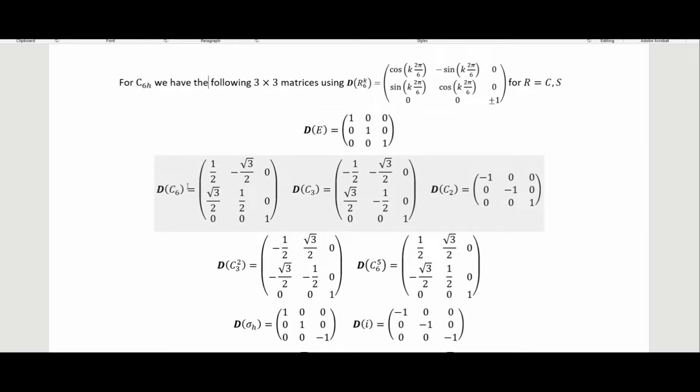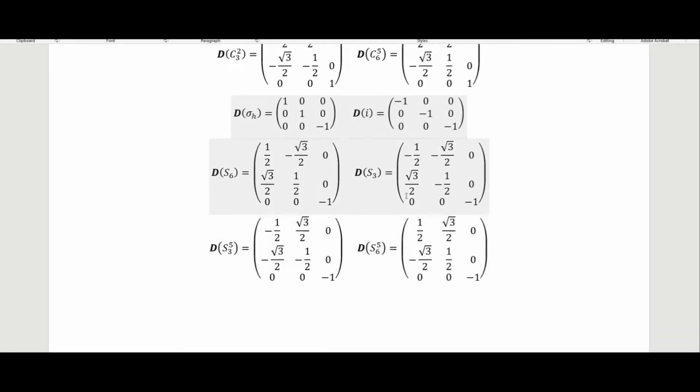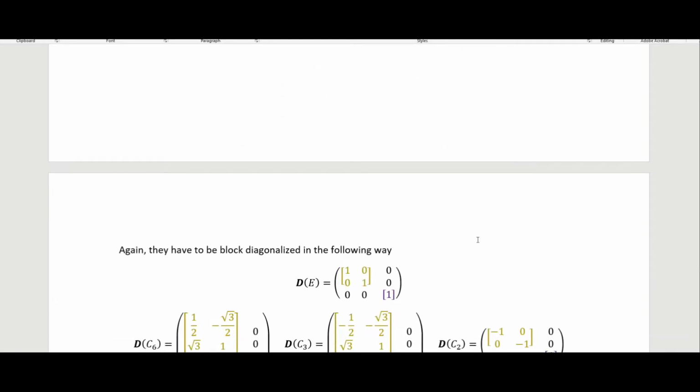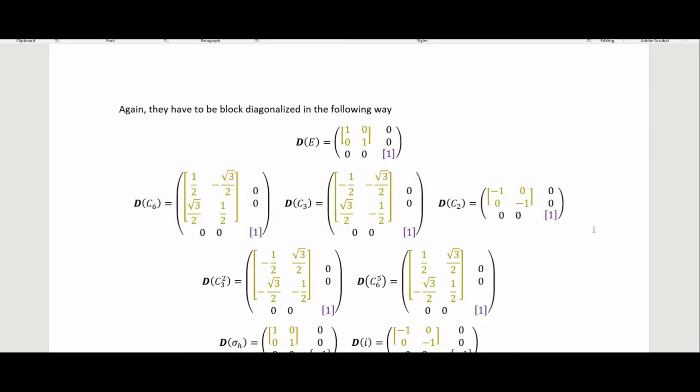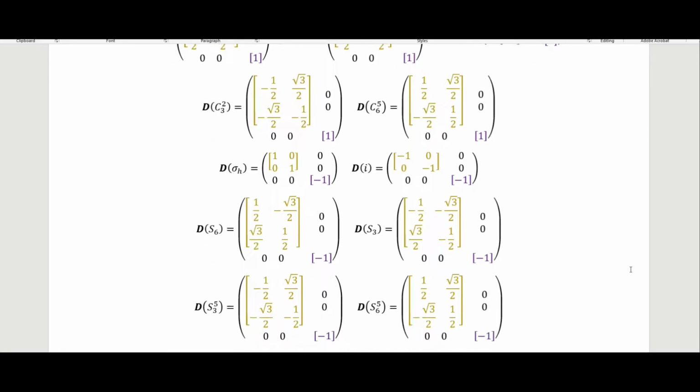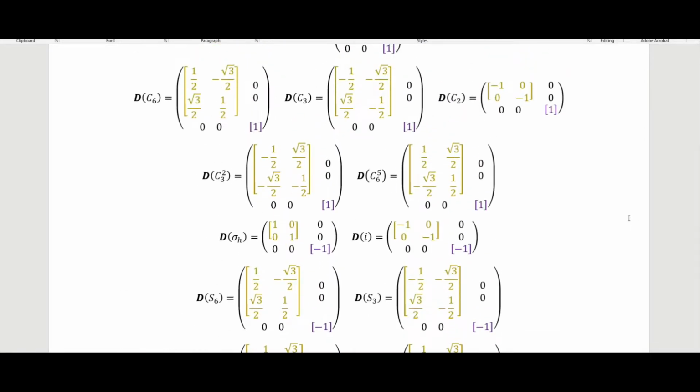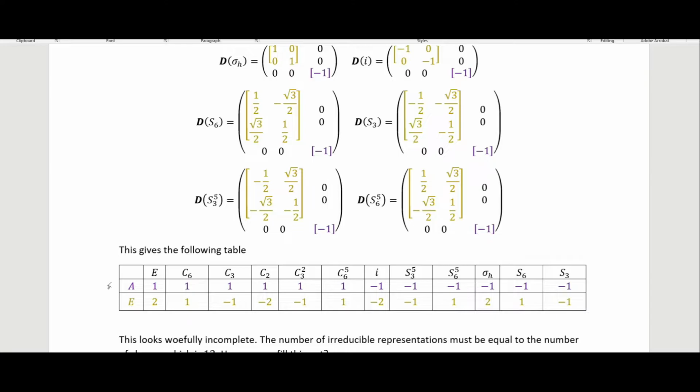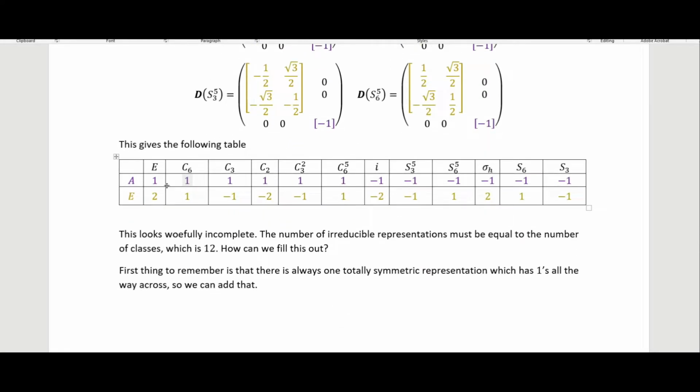So we have our identity, we have our rotations here, we have our sigma h, we have our inversion, and we have our S operations here. Again, we will block diagonalize in the way that we did for the C3v, where we have a 2x2 for the X and Y, and then a 1x1 for the Z here. I have that all like this, and I have it color coded. So that gives us the following table, which has these two irreducible representations,